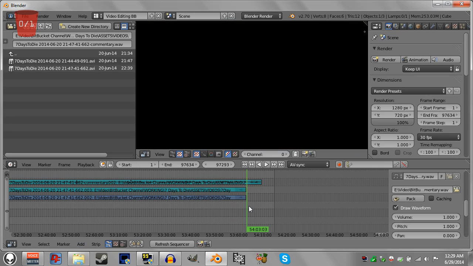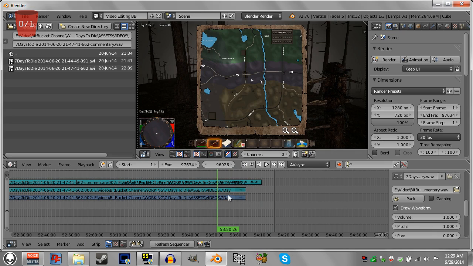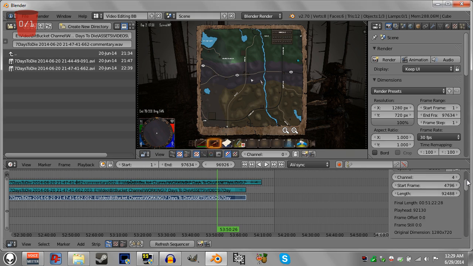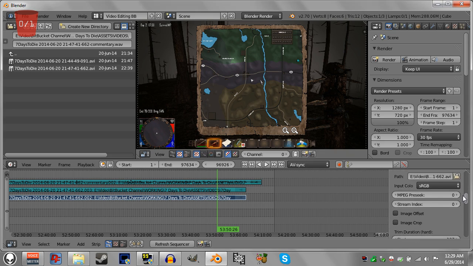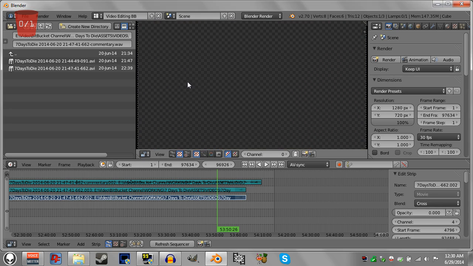The first thing I need to do is, if I just fade out here, if I right-click this video track and scroll up to find the opacity. Where's the opacity? There it is. There's opacity. And if I take this to 0, you'll see I don't get a black screen. It's because this is the transparency texture. I'm not sure how that would render. I'm not sure if it would render black or checkerboard like that, but